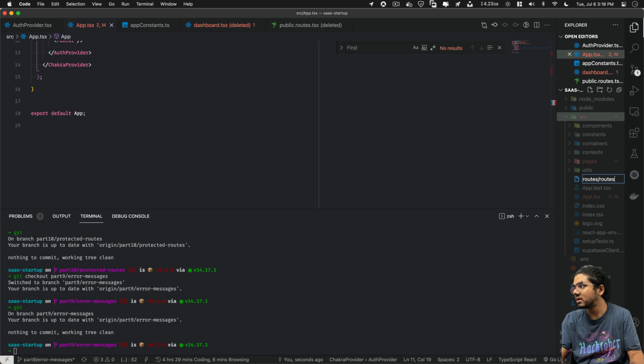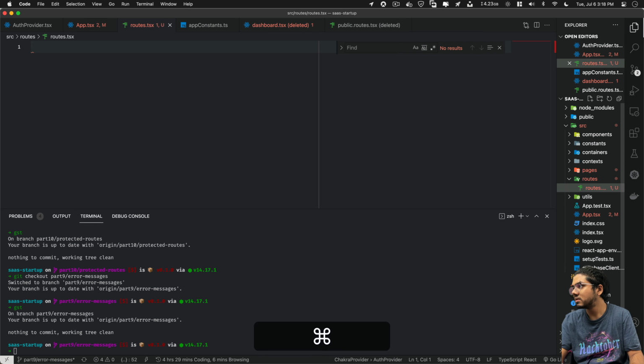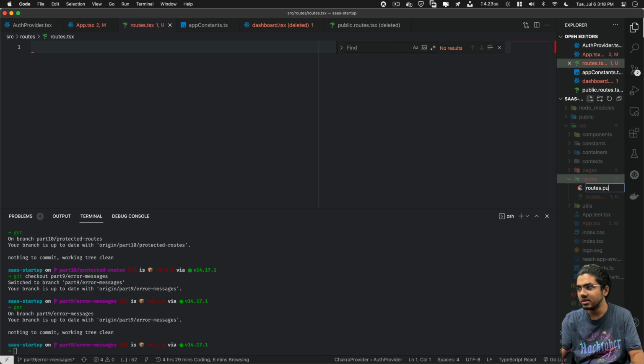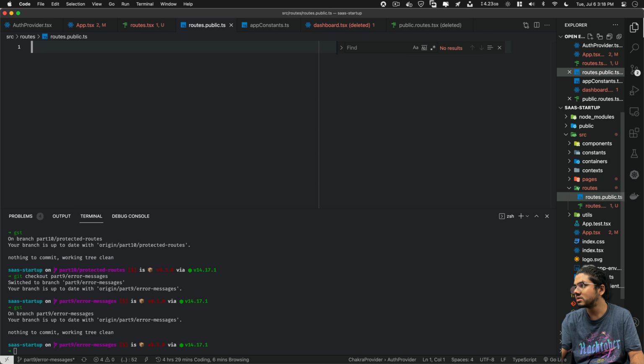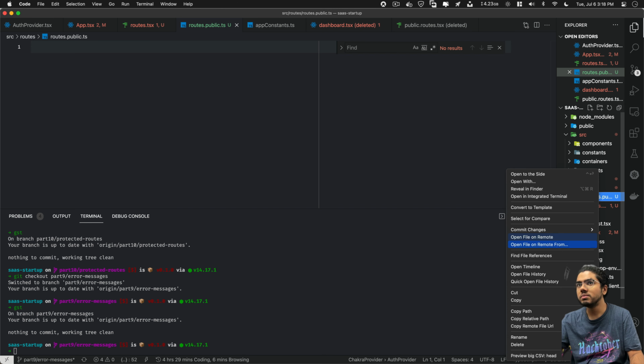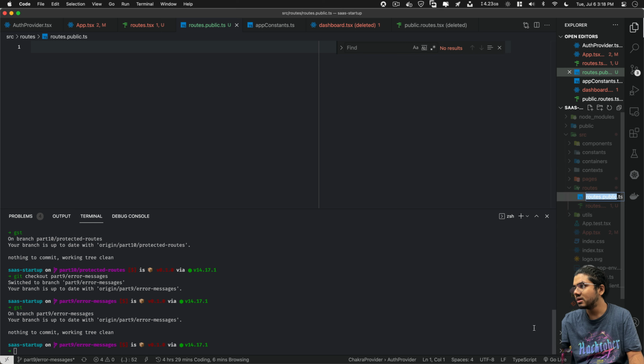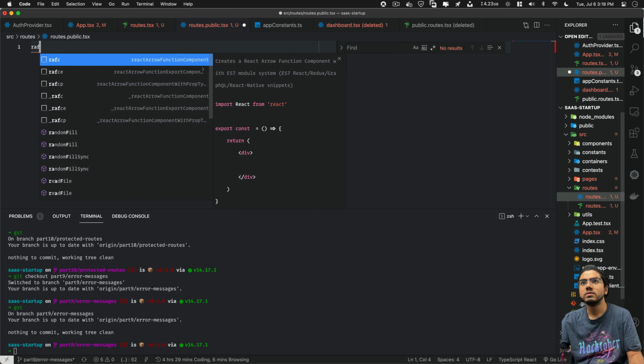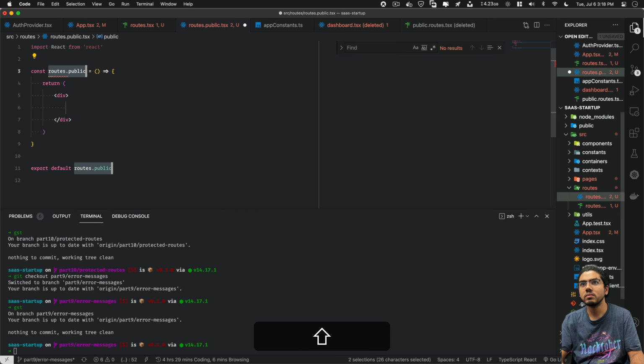Here we'll name it routes.tsx, and we'll create another file known as routes.public.tsx. It will contain all the public routes. Public routes are nothing but the routes which are available to everyone, even when they are not logged in. We name it public routes.